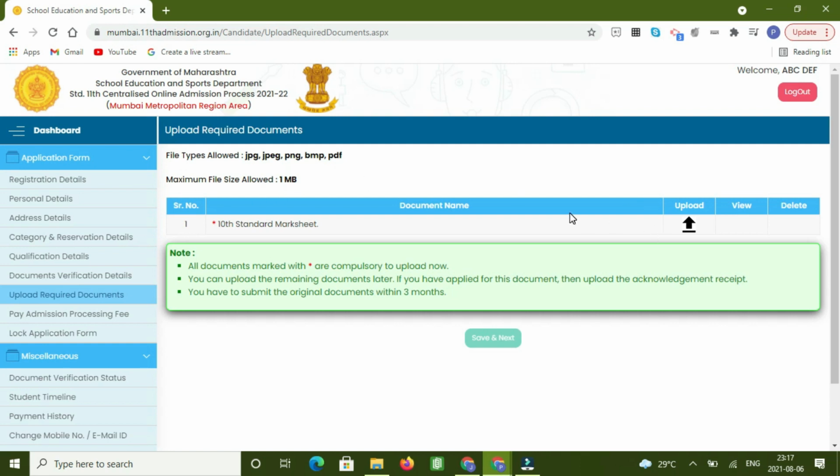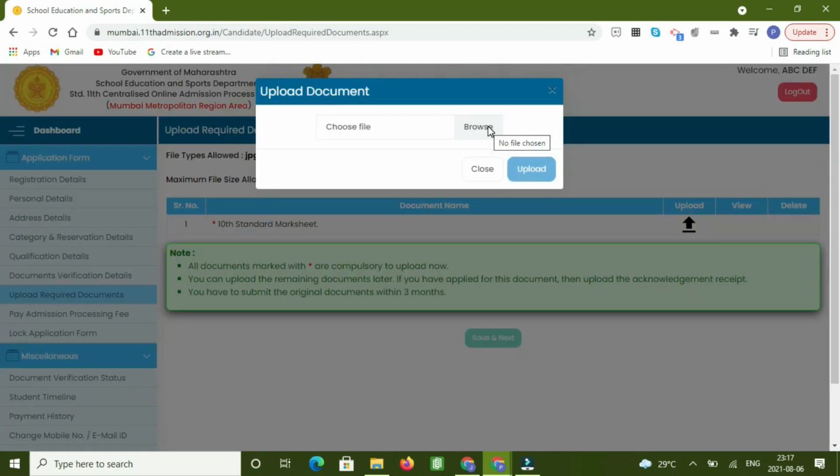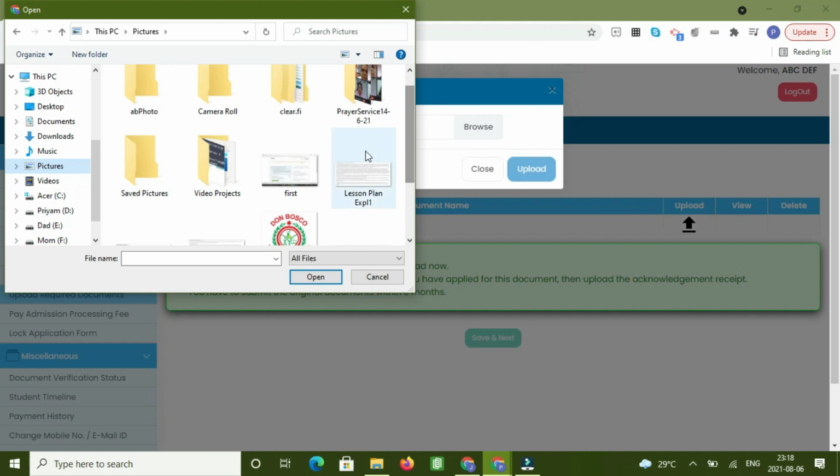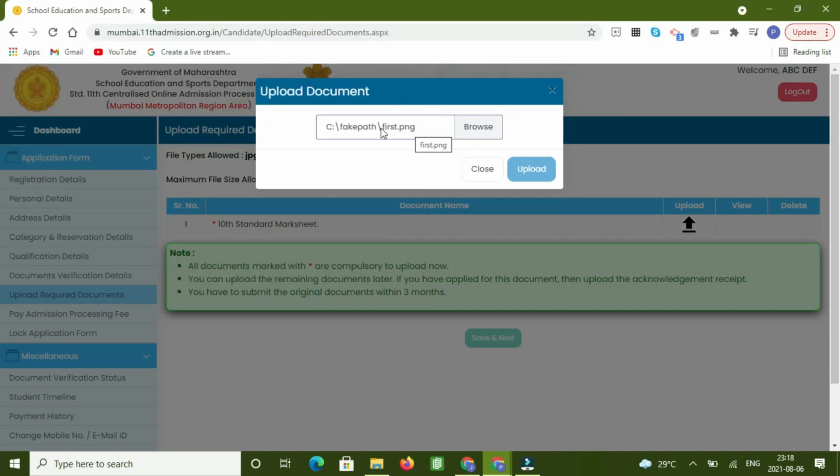So you can keep the mark sheet saved in a folder. Once it is saved, you just click on upload over here, then click on browse, and wherever you have saved your mark sheet, select it and click on open. That will display the name of the mark sheet, the image, and then click on upload.